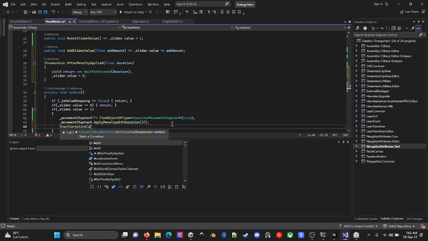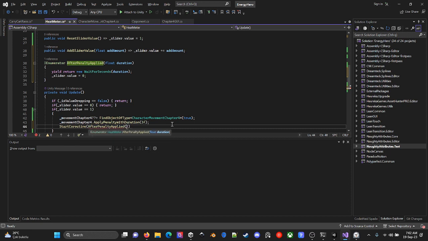Score written after penalty applied, and enter the same amount of time in here, even if the slider value is not 0. Right now both of these coroutines will run for only 3 seconds, and after 3 seconds, when the penalty is finished,